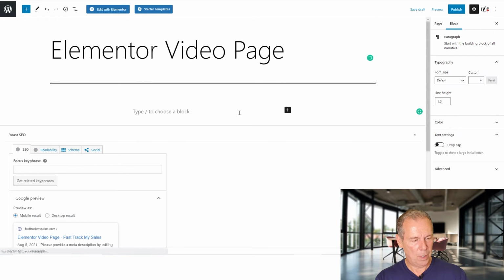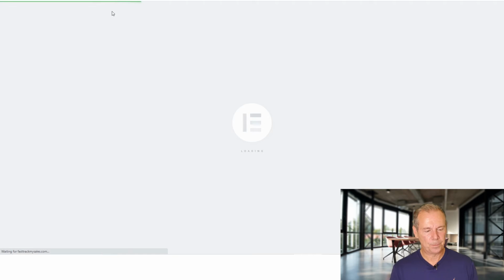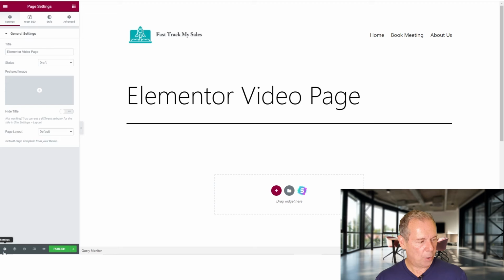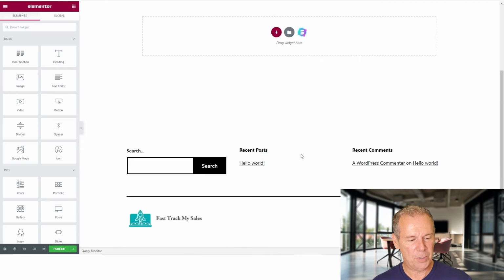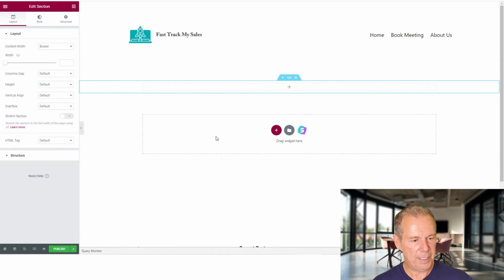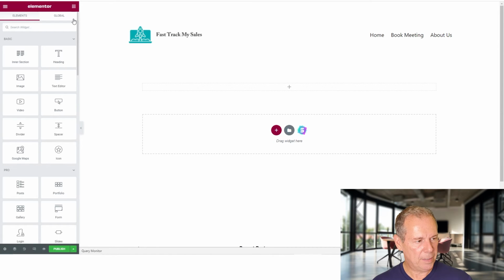And this time we're going to use Edit with Elementor at the top. And again, you can just download this from the repository. And we're going to choose the page layout as full width. So we've got our header up top and our footer here. And now all we need to do is insert a container. So click the plus button, put a container in there, and now we're going to go to the elements, which is this sort of 9 square thing up here in the corner, and now just grab video and pull it